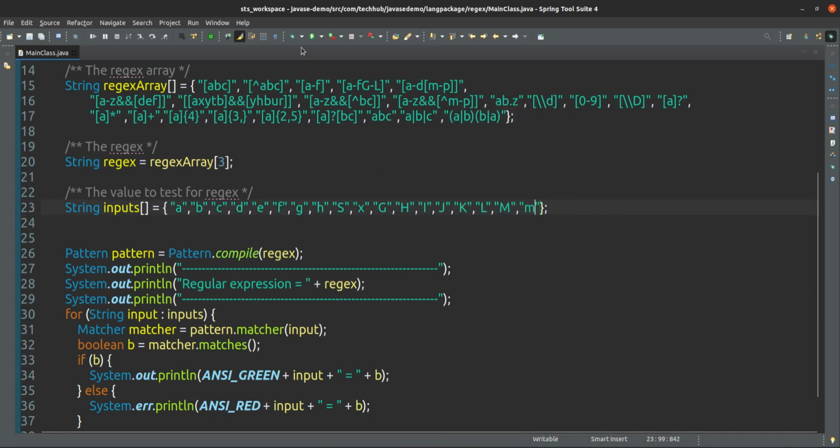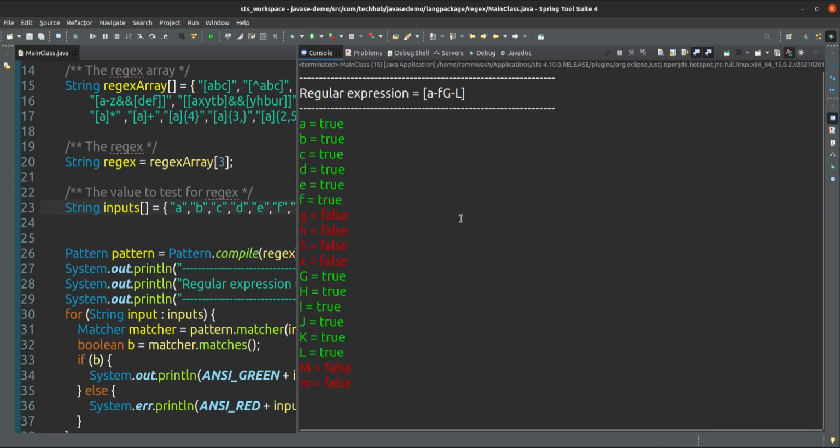Now if I run this one, you will see, yes, G H I J K L. So in this regular expression I am giving the range of lowercase from a to f, and the range of uppercase characters from G to L. Any character coming within this range you can pass, others you can discard.